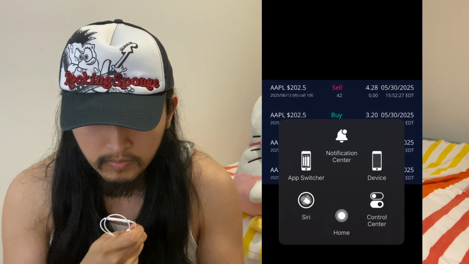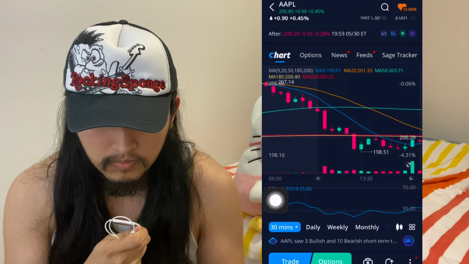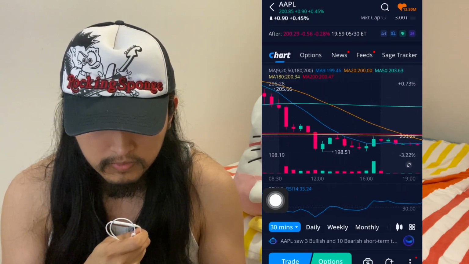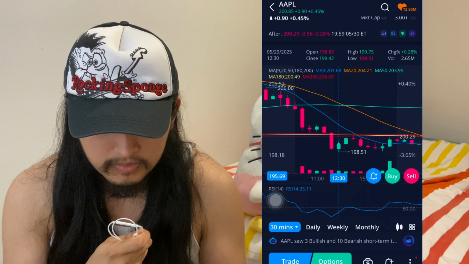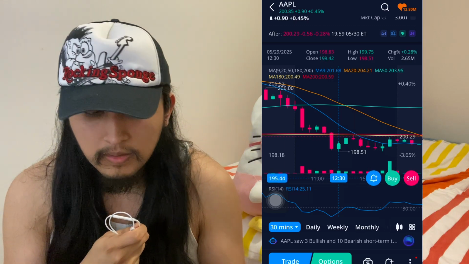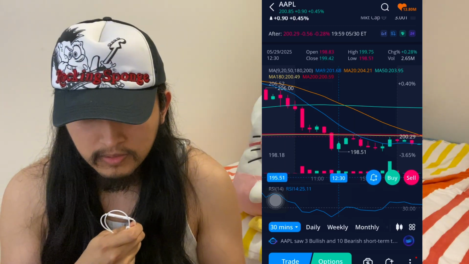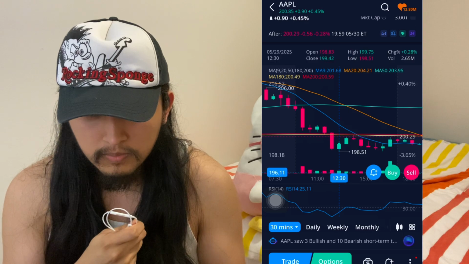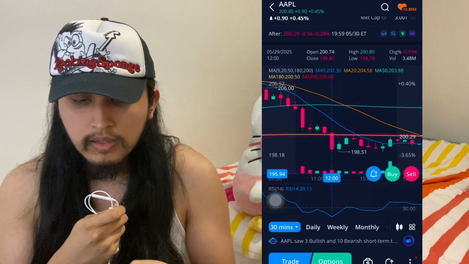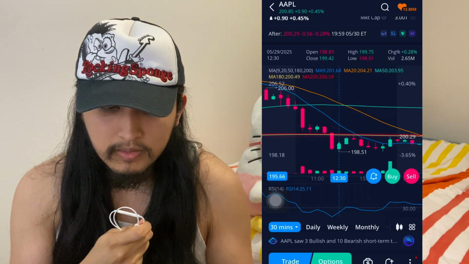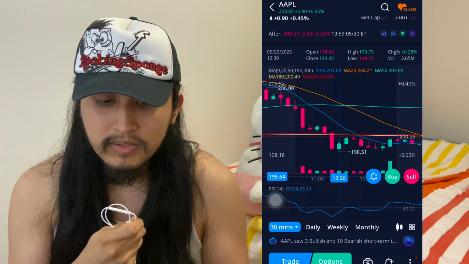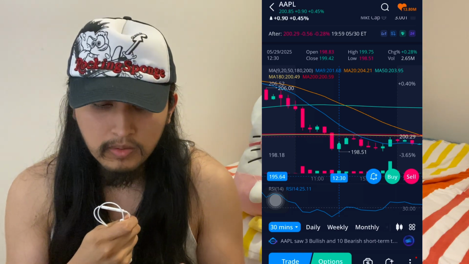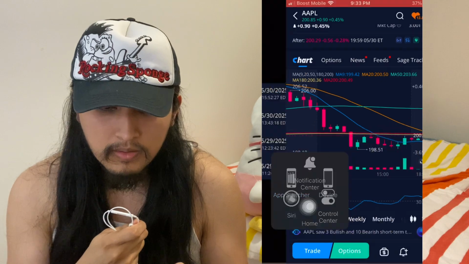And then 12/23 I bought more call options, which is this candle right here. So basically after this previous candle reached 198, I tried to aim to get a little bit more Apple call options as soon as it could reach that number of 198. And then at